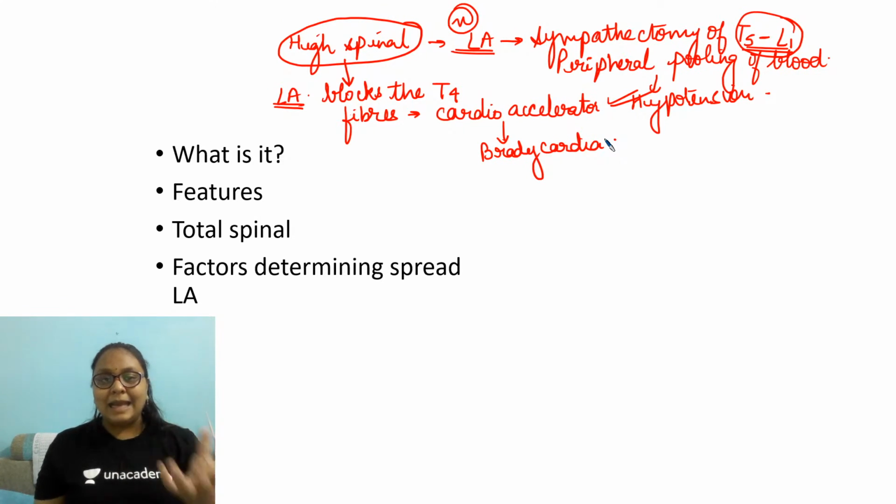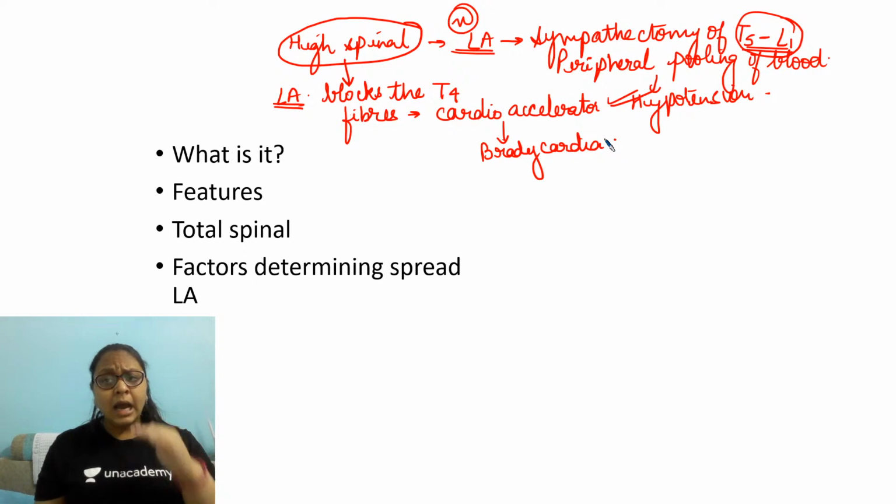Okay, so spinal anesthesia, what is it? After we give the local anesthetic in spinal anesthesia, it causes sympathectomy. Sympathectomy होगा तो क्या होगा? There is loss of the vasomotor tone. Vasodilation होगा. उसकी वजह से peripheral pooling of the blood होगा. Venous return decreases. Okay. Because of the peripheral pooling of the blood, there is hypotension. Are you understanding my point?